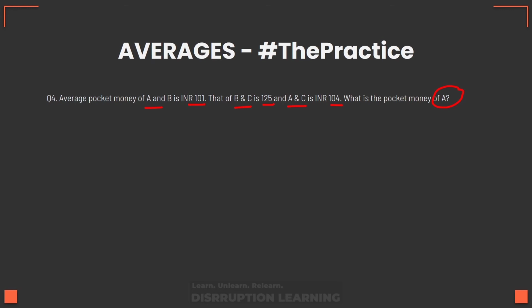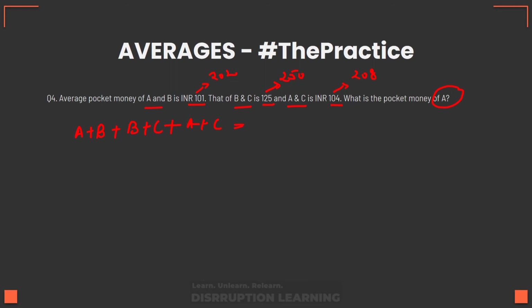So if the average of A and B is 101, then their total will be 202. I hope I do not need to tell why, right? So that of B and C is 125, so their total is going to be 250. That of A and C is 104 and their total is going to be 208. Now you need to simply add all the 3 groups. So A plus B, the first group, B plus C, the second group, and A plus C, the third group. And the total is